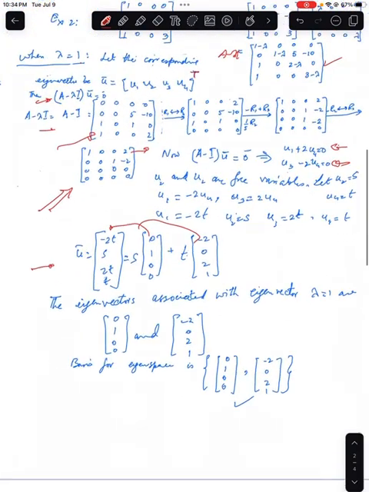Okay, so now these are our eigenvectors. These two are the eigenvectors associated with the eigenvalue lambda equal to 1: 0, 1, 0, 0 and negative 2, 0, 2, 1. And these vectors form a basis for the eigenspace of lambda equals 1. Now, for